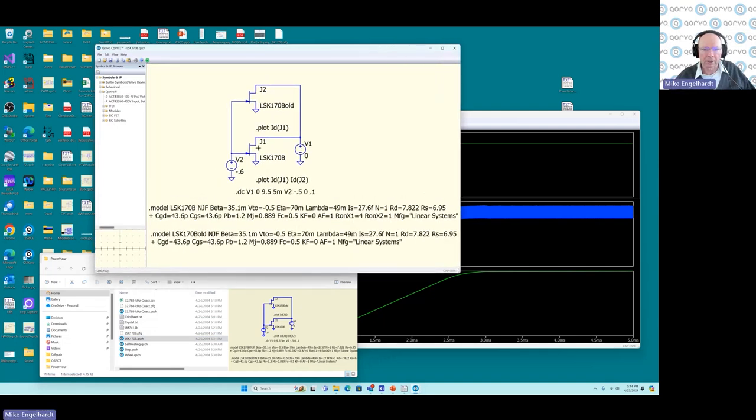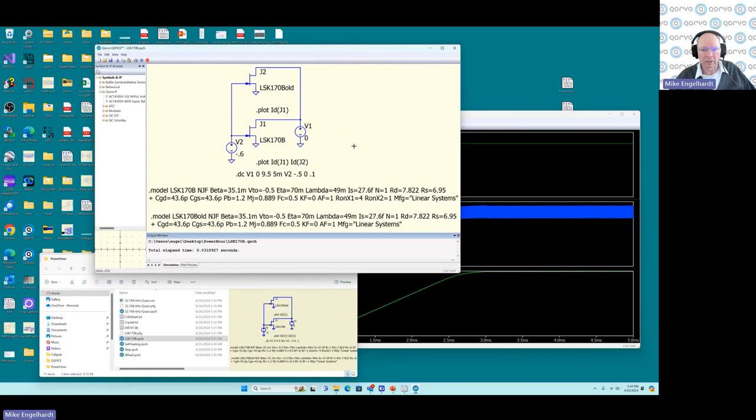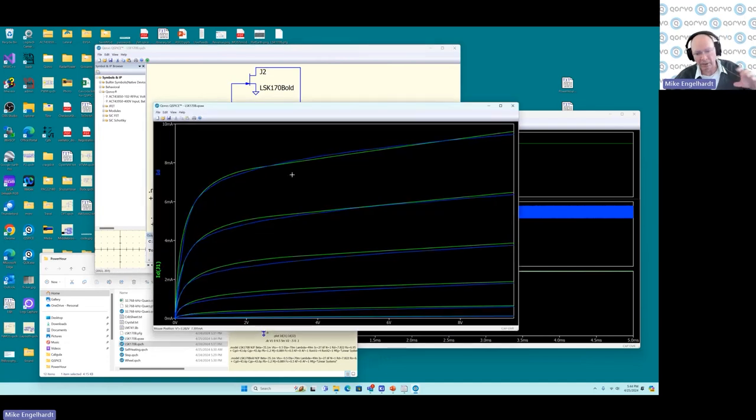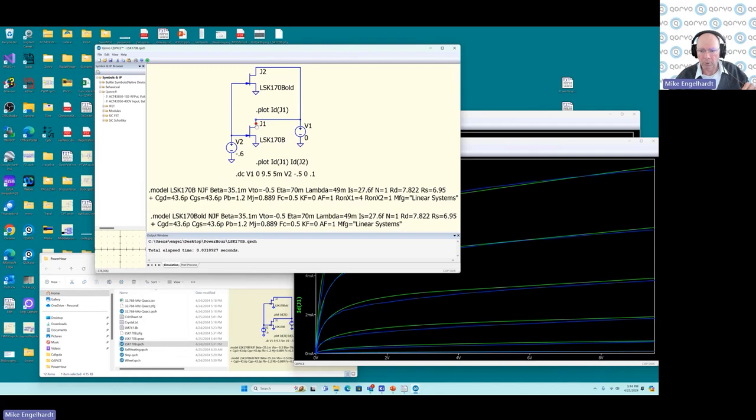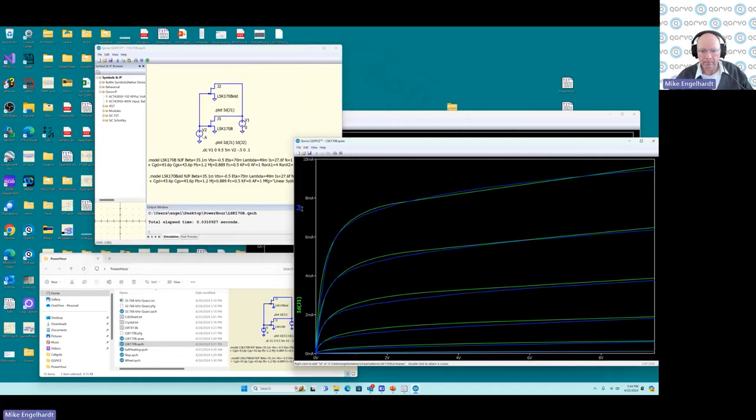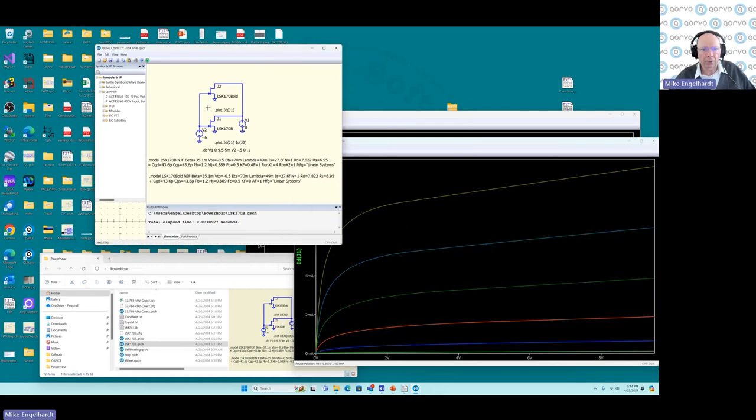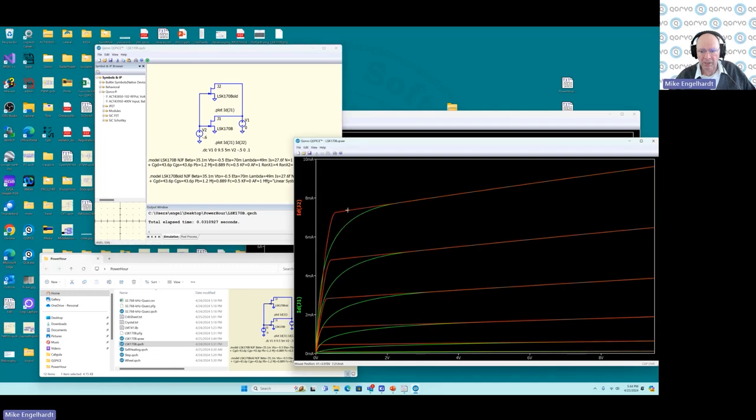Here's a simulation with the updated MOSFET device equations. Here I overlaid them, and when I did the PowerPoint slide, I had the data and the simulation next to each other. But here I can overlay them, and I'm running both the new and old device equations. So this is the old device equations, and then these are the updated QSPICE device equations. And appreciate your